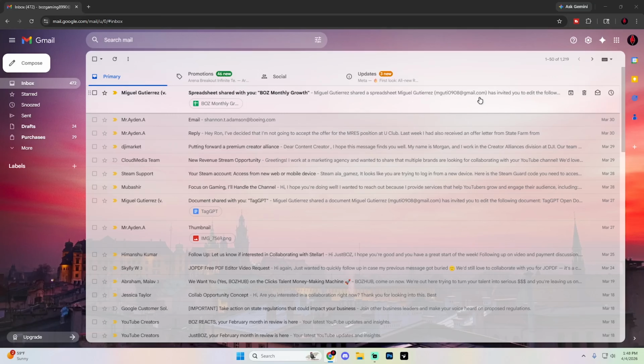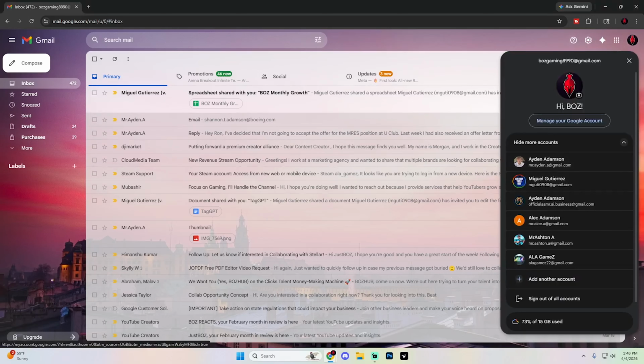This is a brand new feature at the time of me making this video that actually allows you to update your Gmail account email. So essentially, it's going to allow people to email you through a different email while still keeping your same account. And what's super cool about it is if people don't know your new email address, they can still email your previous email address and you're still going to receive all of those. It's really awesome. But to do this, get loaded into Gmail, select your profile picture up in the top right